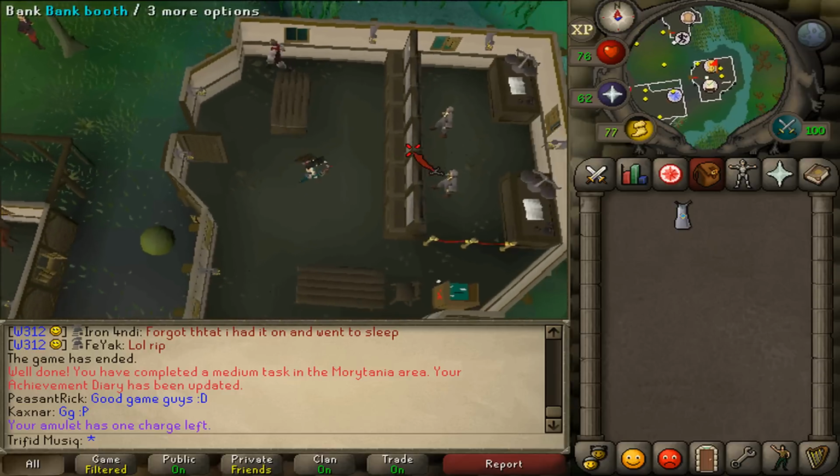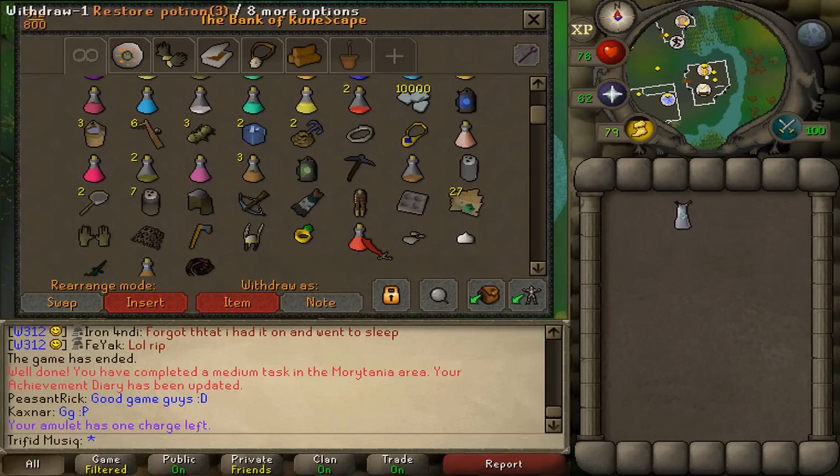We will need to make a Guthix balance potion, so therefore we'll need to have a restore potion of 3, silver dust and a garlic. Also bring along your slayer ring to teleport yourself to Tarn's Lair and kill a pterodog. Else you will need to use a fairy ring teleport, or you will need to run from Morytania to the